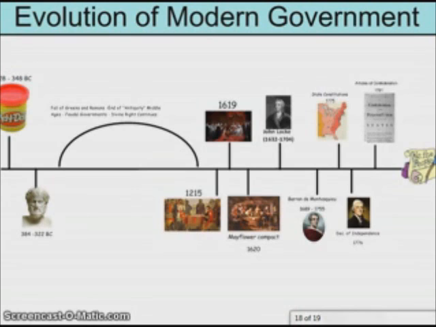So lastly, as we look at this here, there's an evolution. We started out with Plato, Aristotle and Socrates as we move up here. The fall of the Greeks and the Romans bring in the feudalistic time period and the rise of the kings. And as the kings rise up and become divine right and very powerful, they eventually get checked by the Magna Carta, the English Bill of Rights, and eventually there's going to be a shift from English kings to the Parliament. And then into the influences of North America, we see John Locke coming in, Baron de Montesquieu, state governments, Declaration of Independence, and then Articles of Confederation, which basically creates